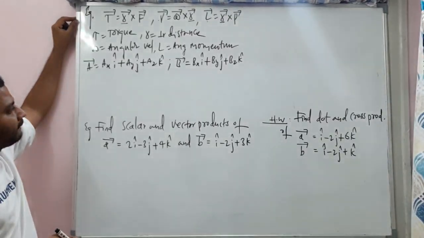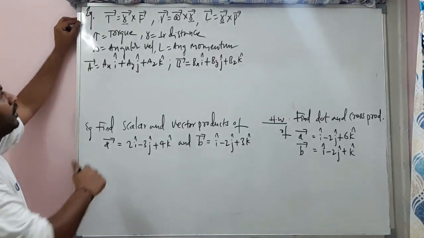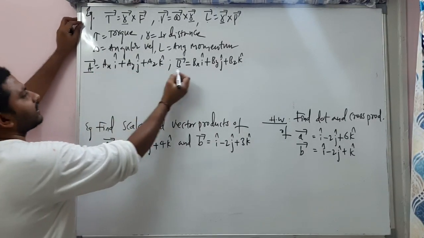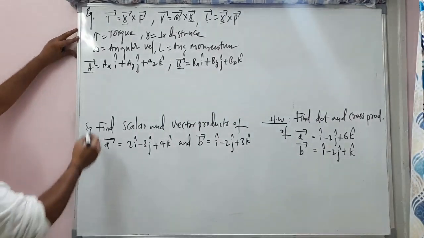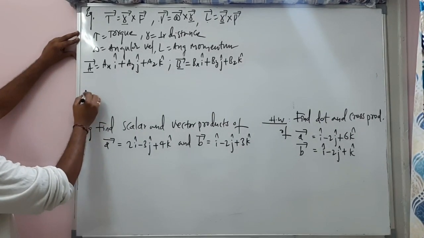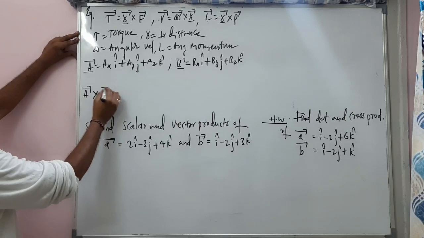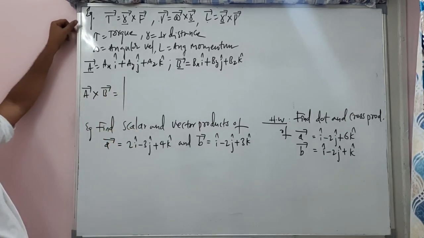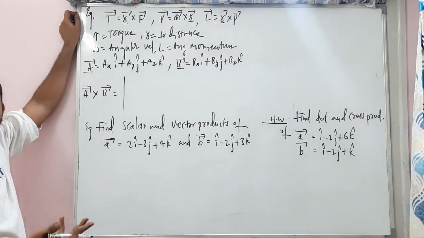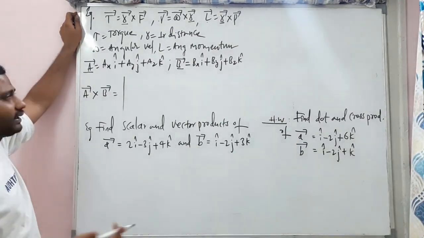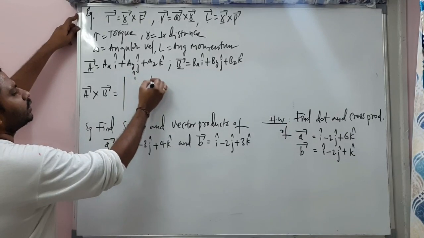Right? Now when these two vectors are given, if they ask you to find the vector product, we use the determinant method, my dear students. A bar cross b bar is equal to, what is the determinant method? In mathematics or in the previous vector session, you might have learned it, but I'll still remind you once again.